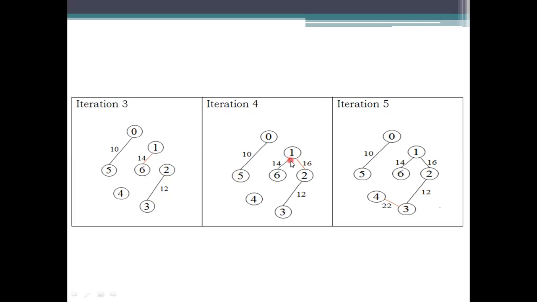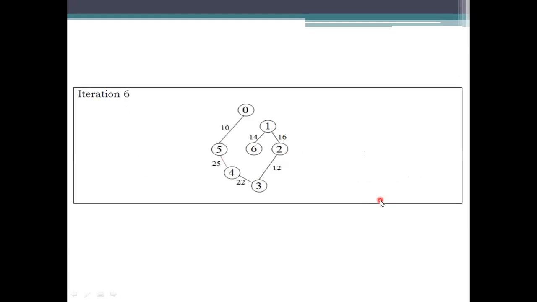And coming to the next one, 1 to 2, which is the added value, and then 3 to 4, and the final one here is 4 to 5. So by this we are reaching the final representation of the spanning tree.